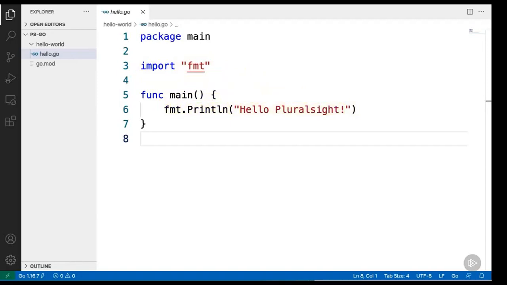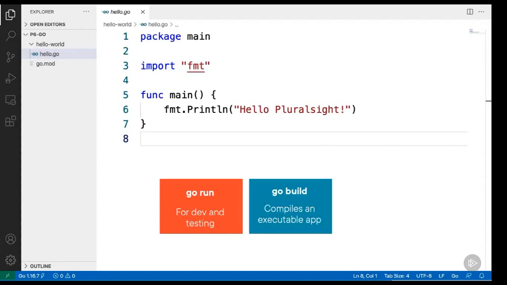With the code all written, we then use the go run command to run the app, and we said that's probably how you're going to test your code while you're developing it. And I'm sure we'll see it later, but if we make typos or whatever, they'll get flagged and we'll have an opportunity to fix them. Anyway, when you're happy with your program and you think it's ready to ship, go build is the command that you'll need. This compiles your code into a binary executable that runs on its own on other computers without the need for the Go compiler. And I think that was pretty much it. So with these basics ticked off, let's start digging deep